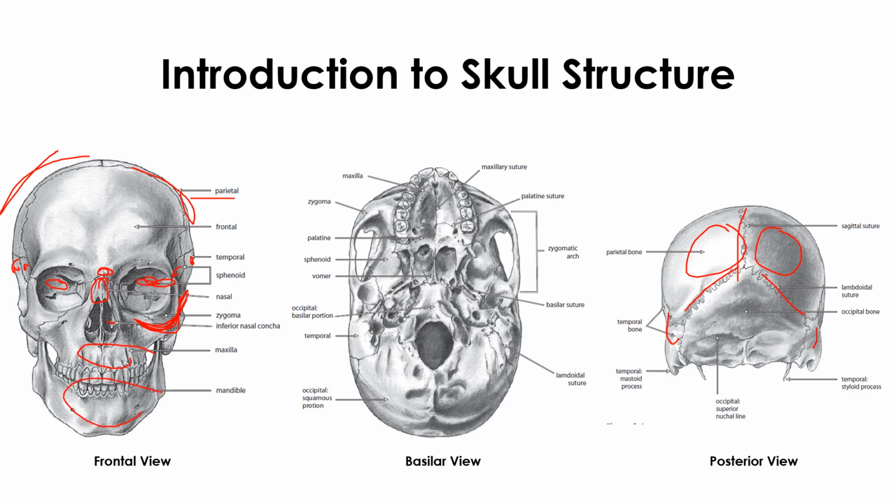And in the basilar view, if you see, this is the occipital bone. The occipital bone is here. And the sphenoid, as I already said, from behind to the interior of the eye we can see the sphenoid bone. This is the palatine, this is the region of the palatine. This is the complete maxilla. Okay, this is the zygomatic arch again.